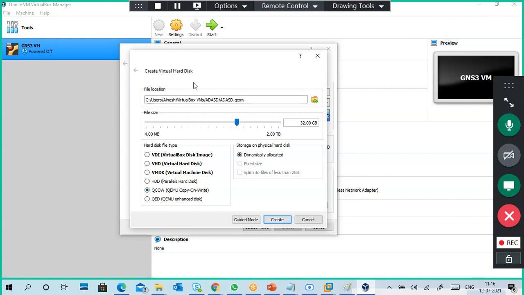Whenever you create a virtual machine in VirtualBox, it supports different platforms. For example, you are using your virtual machine in VirtualBox only. This is the format.